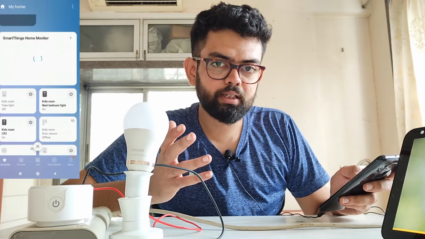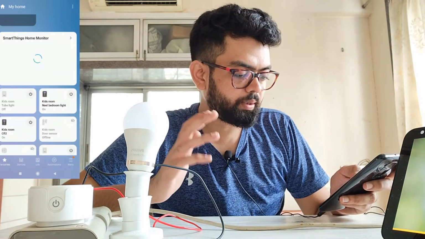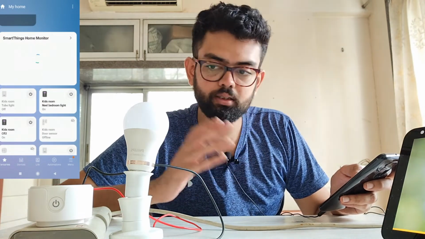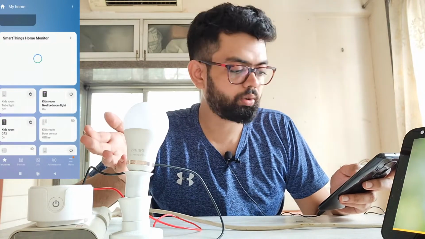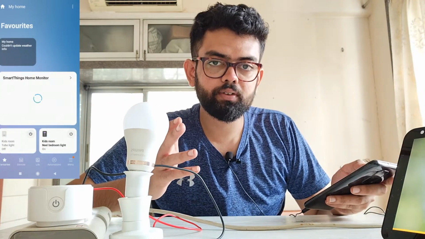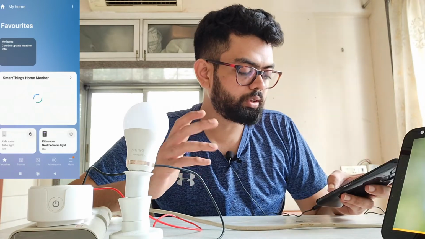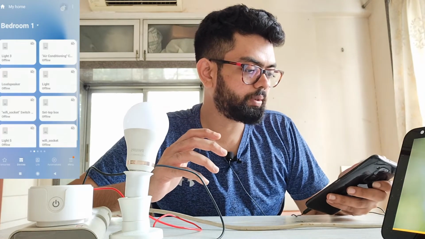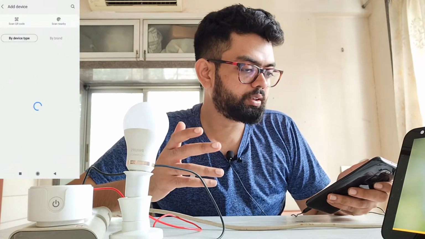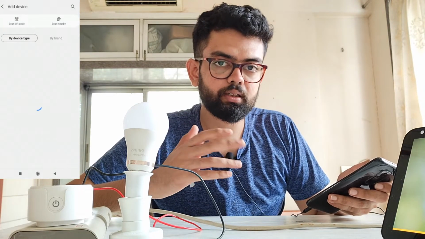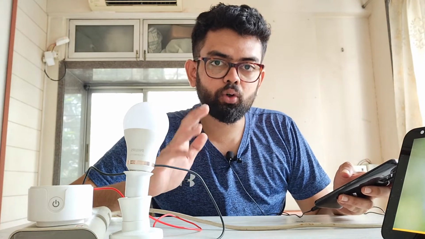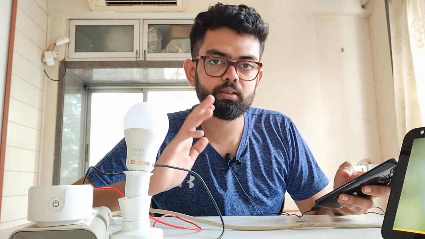So guys, as you can see, I have already integrated all the smart devices like the Sonoff 3-way channel, the Philips Swiss light, the smart socket. If you have not integrated the smart devices with the SmartThings application, just go ahead and click on devices, click on the plus icon, add device, just search for your partnered application and just link it. Here I am not using a Samsung SmartThings hub. This is purely based on the Samsung SmartThings application.